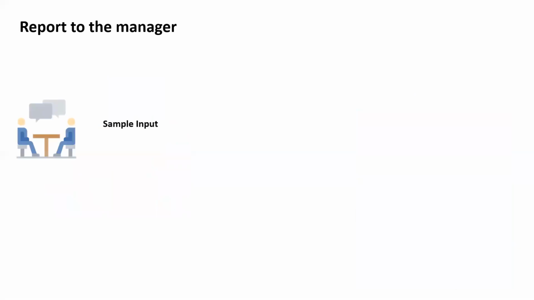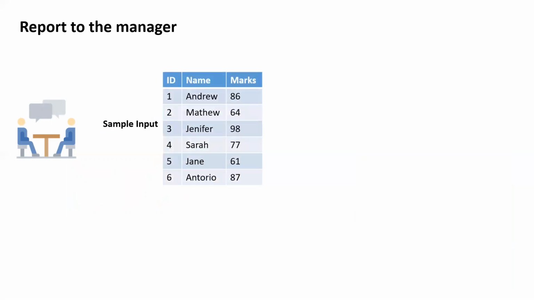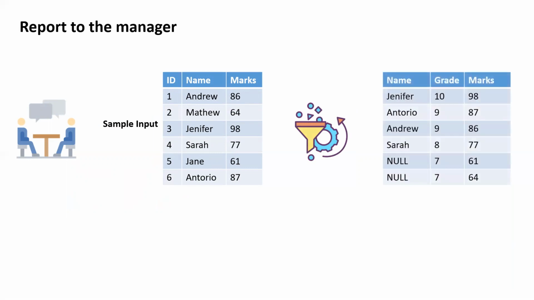Now, he is explaining what he is looking for. He's saying that this is my data set which consists of students, and here I have ID, name, and the marks. And when you are doing the processing, the output which I am looking for is something like this. Now, what is this output? Let's try to understand.